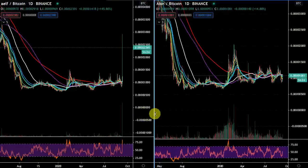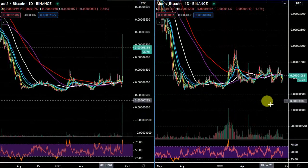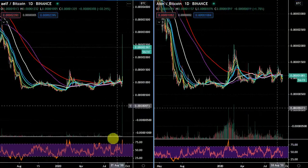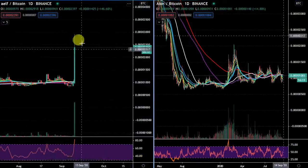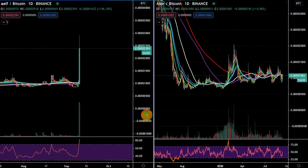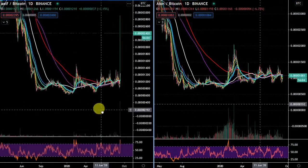Okay, guys, this is another coin to be watching on a new day. Very similar to Elf. Elf just exploded. It's up 146% now, and it was up 170 or so earlier. Right, but what I want to talk about, and if I zoom out here, you can see very same structure,